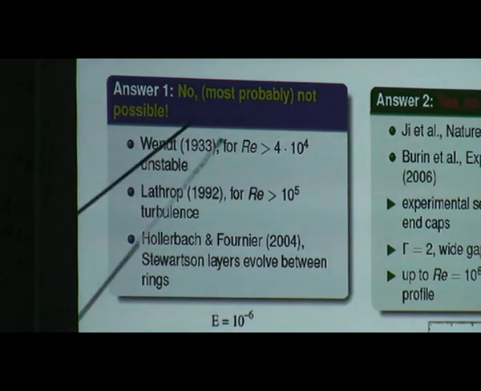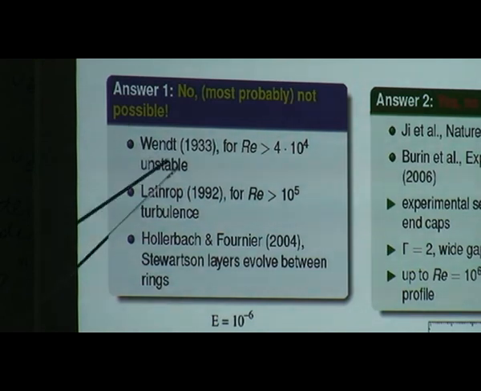There were some first experiments in the last century, 1933, from Wendt, and he found instability for Reynolds numbers larger than 4 times 10 to the 4, maybe due to mechanical problems. There were experiments by Lathrop that found that the flow becomes unstable for Reynolds numbers probably larger